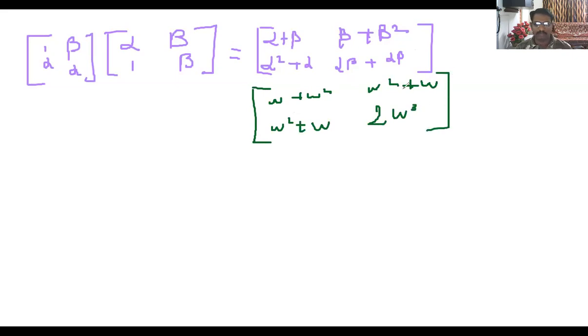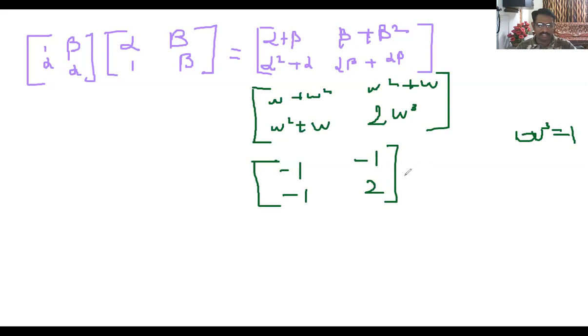Now all this is under the property of the cube root of unity. Omega plus omega square, through the property of the cube root of unity, will be minus 1. This too will be minus 1, and here it will be minus 1. And this omega cube, as per the property, is 1, so it will be 2 here, because 2 times 1 is 2. And then you just have to simplify. You don't have to simplify further. This is the case as per your question. So this is your answer for the equation.